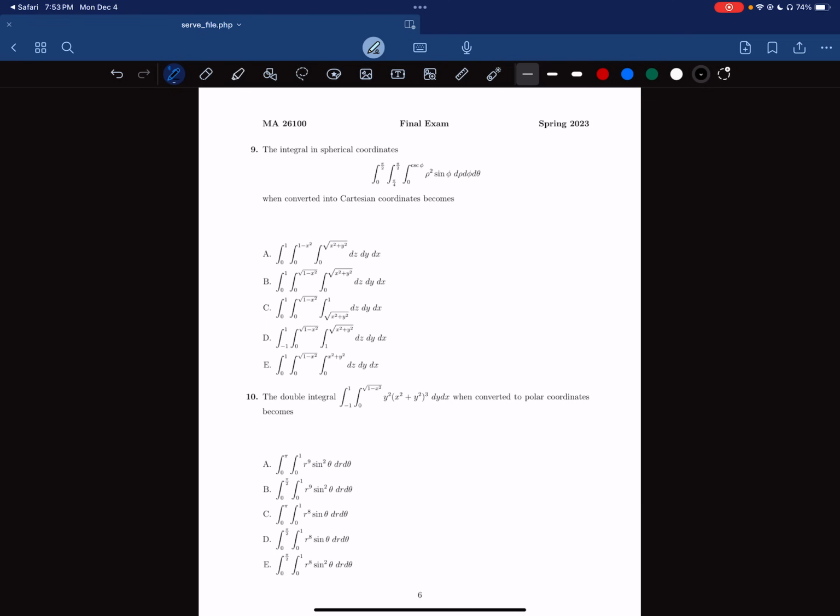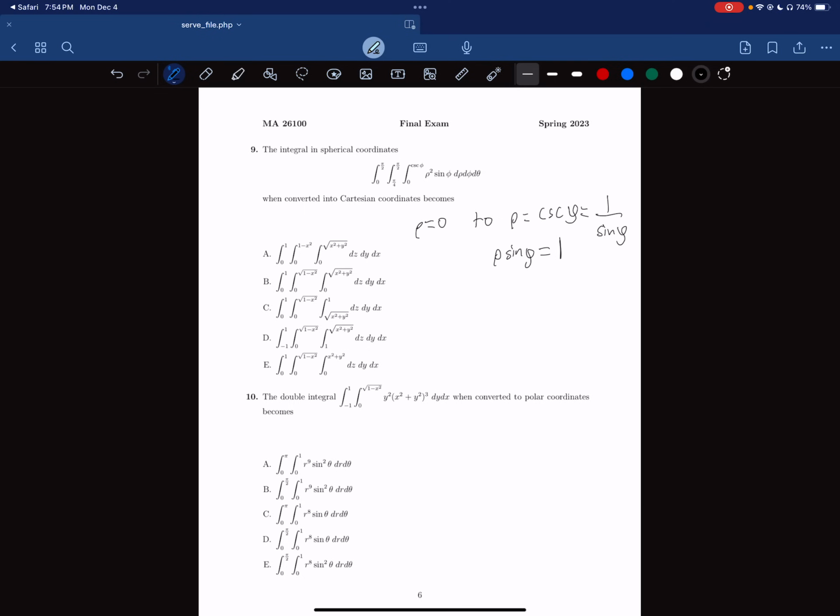Okay. I think if we get the rho bound out of the question and sort that out, it'll be easiest. So we're really going rho equals 0 to rho equals cosecant phi. And I don't like working in cosecants. I like working in sines and cosines. So I can just write 1 over sine of phi. And that'll make it so much easier because we can multiply both sides by sine phi and really get rho sine phi